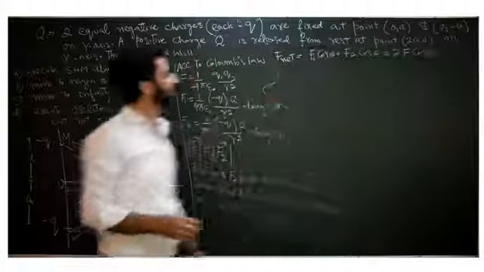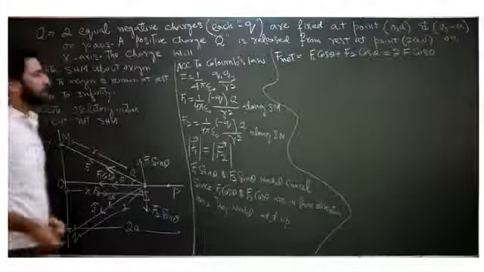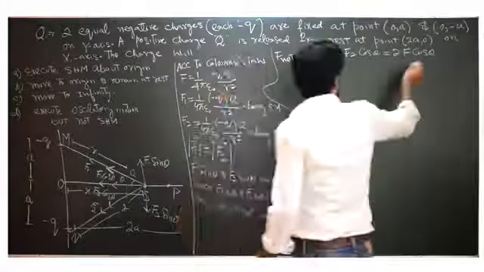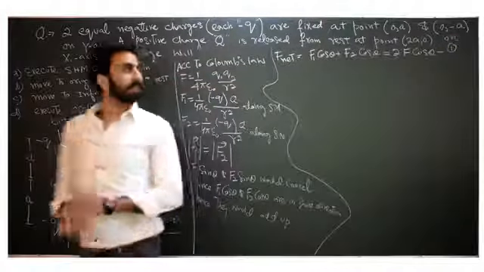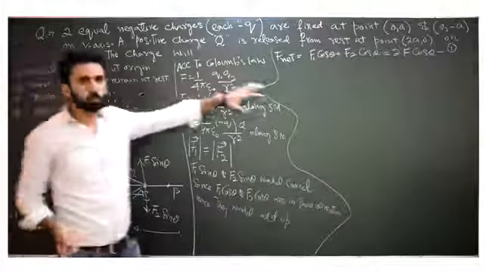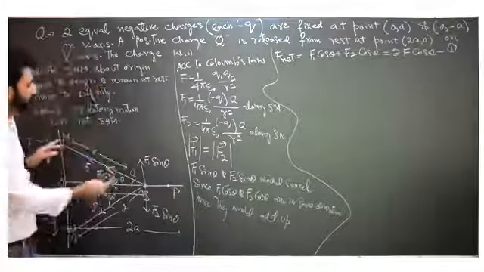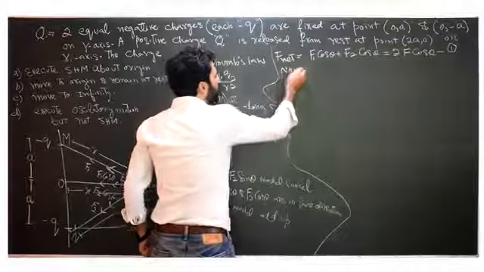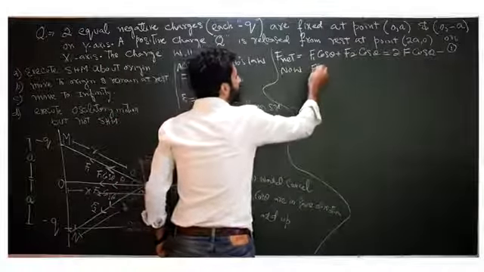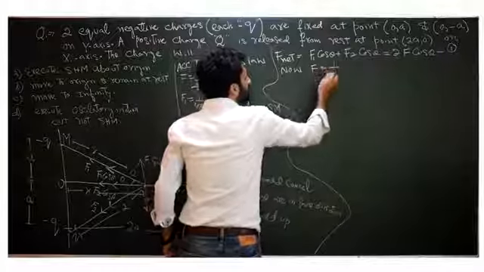Twice F cos theta. Let's give this equation an arbitrary number, equation 1. Now according to Coulomb's law, we know the force between two charges. As far as the magnitude of F is concerned,